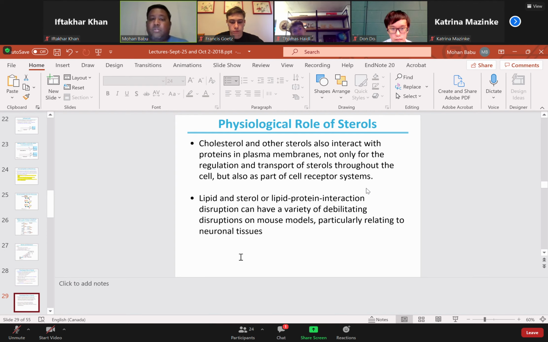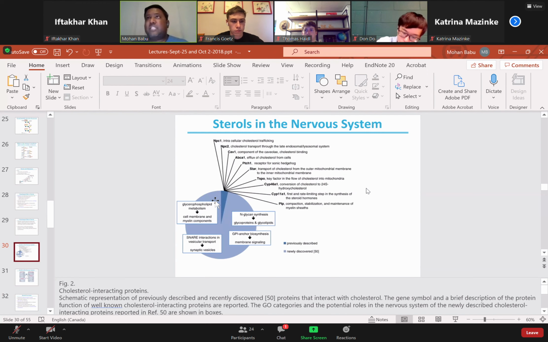Okay, so what is being shown here is that the dark blue color represents some of the genes that were previously described, and there are a lot of discoveries going on. They continue to discover a lot of new functions for the genes. There are about 50 genes that are newly discovered. These are in various processes like glycerophospholipid metabolism, the SNARE, and they are involved in synaptic vesicles, membrane signaling, and glycan synthesis, and so on and so forth. So there are a lot of new functions being constantly discovered. Okay,